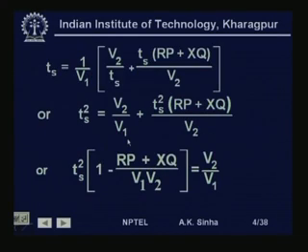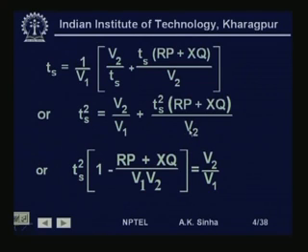So, this becomes V 2 by T s plus T s into R P plus x q by V 2, which if we multiply both sides by T s, then we get T s square V 1 is equal to V 2, because this T s will cancel out, plus T s square, because it is multiplied by T s, T s square R P plus x q divided by V 2. I am sorry, this should be V 1 V 2,